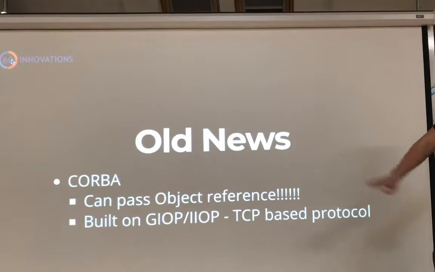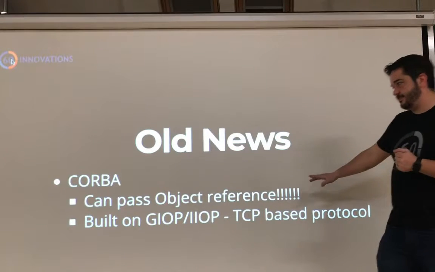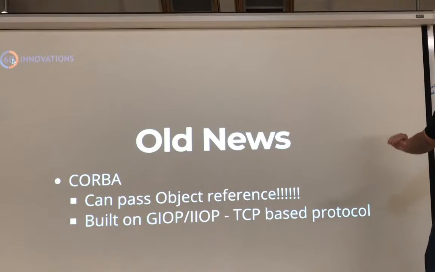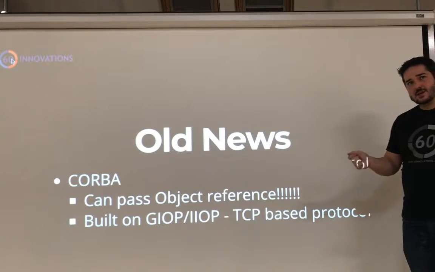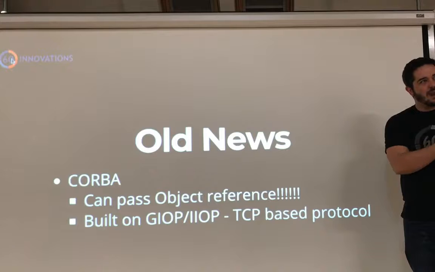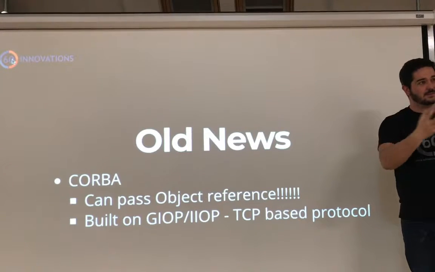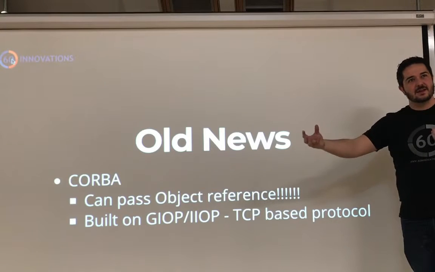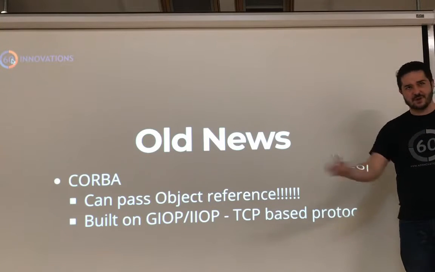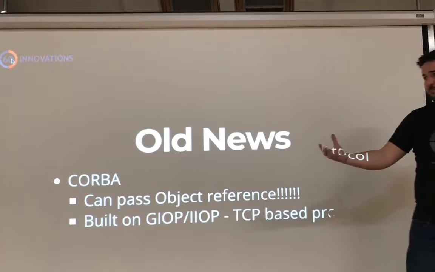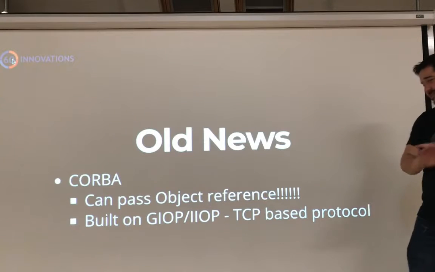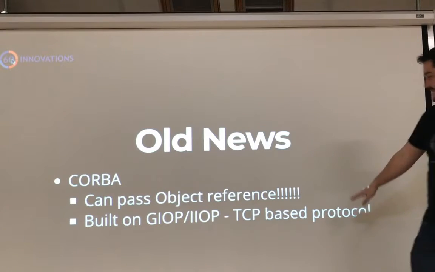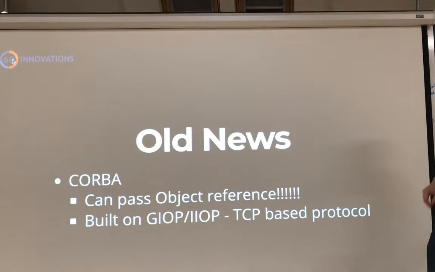They had this crazy feature, which I think is why it deserves to burn in some horrible place, in that you could pass object references. So you could, as well as pass the model and the data, you could pass some reference to the other thing. So the idea was kind of decoupling the services, right? That's what you're doing with it. But what we're going to do is pass the object reference, which is a terrible idea. I have no idea how that became so popular, but that was there, hence the 6 exclamation marks.